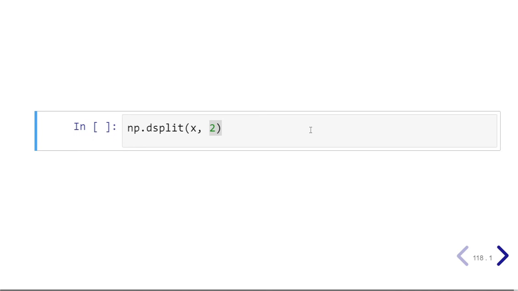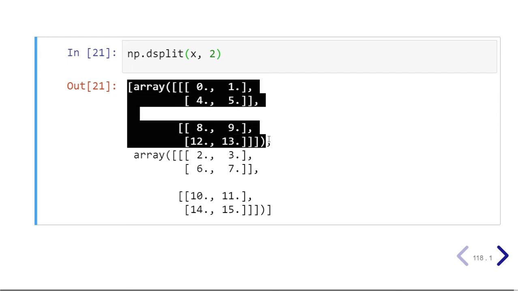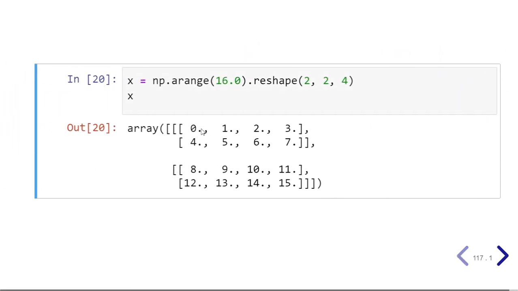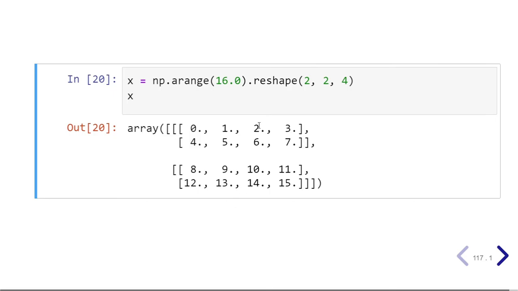So when you run this cell, along the depth they are divided, and you get 2 subarrays having 2 rows and 2 columns. So it was divided along the depth. So this is first: 0, 1, 4, 5, 8, 9, 12, 13. This was the first split. 2, 3, 6, 7 and 10, 11, 14, 15. This was the second split, along the depth.